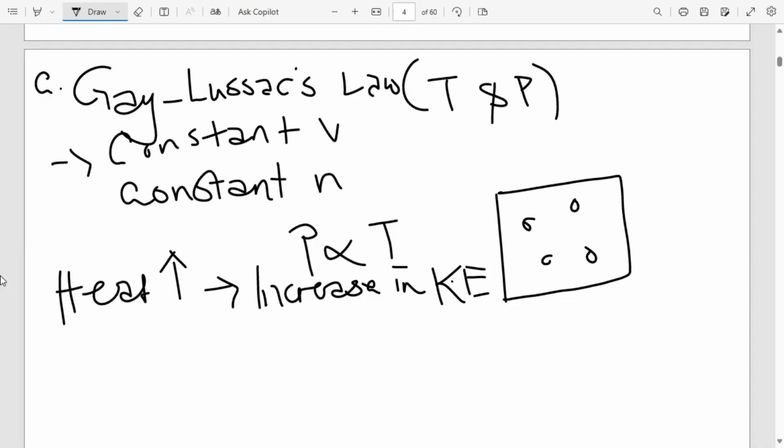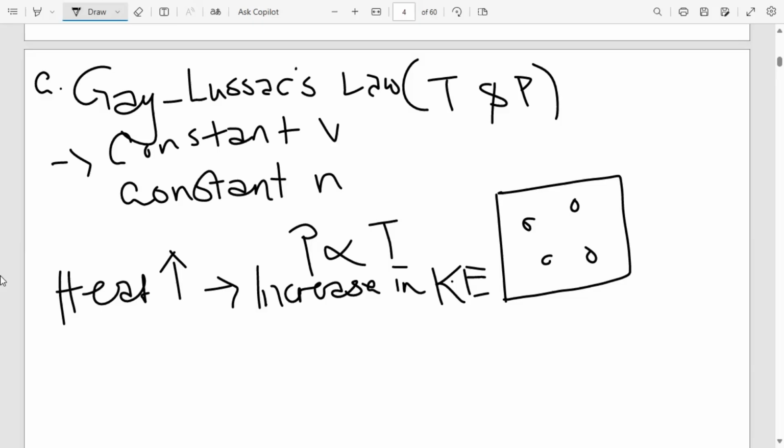It's just that the molecules have gained more and more kinetic energy, and as they are gaining more kinetic energy, what is happening? Their motion, their momentum is increasing. And as their momentum is increasing, they are going to start striking the surfaces of a container at a higher rate, as opposed to when the gas is having a